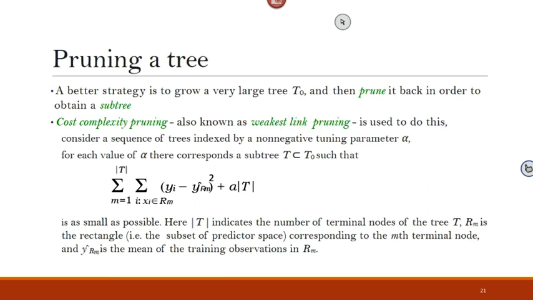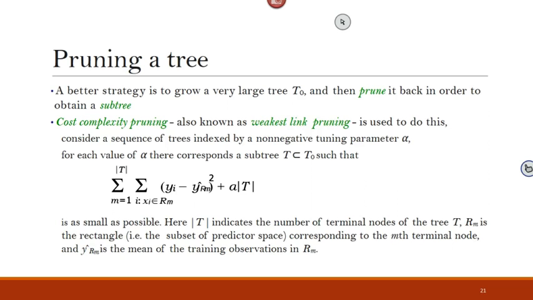We just grow a big tree, just keep going. Okay, there is a stopping criterion, and there's a default stopping criterion. In R, it requires a minimum number of observations in the node. Once you reach this minimum number, it will stop.